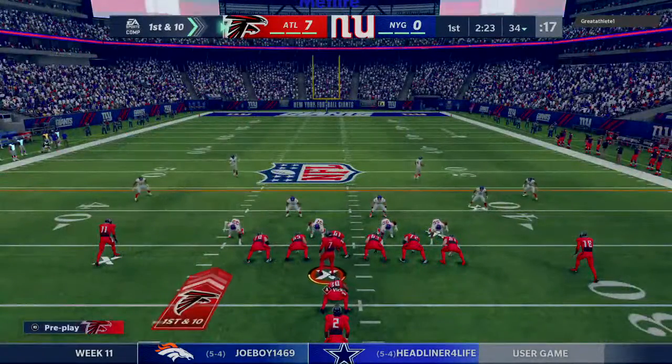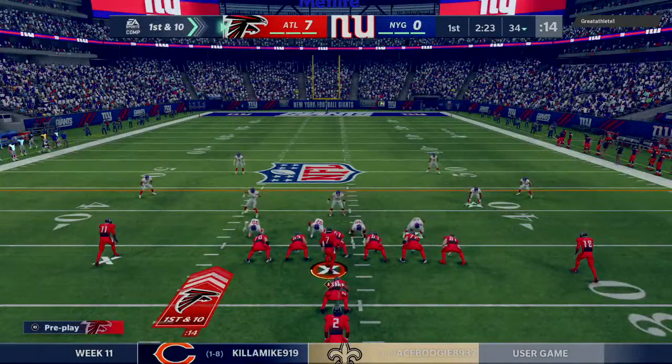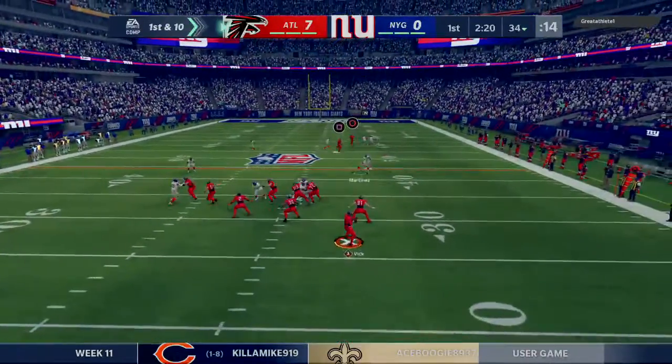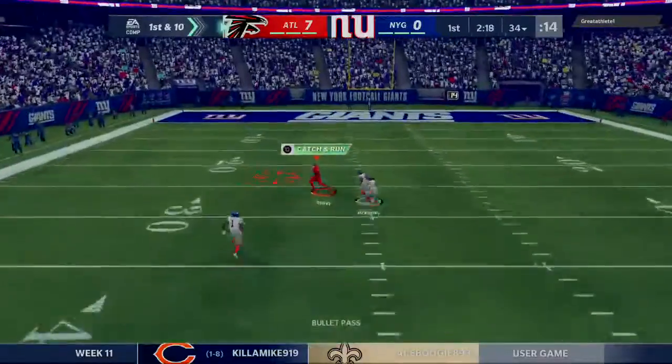About set to begin their next drive, the Falcons offense at the line. And they'll be looking to make this a 2-score advantage. Had the touchdown on their first drive, Charles. Hey, they can get up 2 scores here on the road. That's a heck of a...